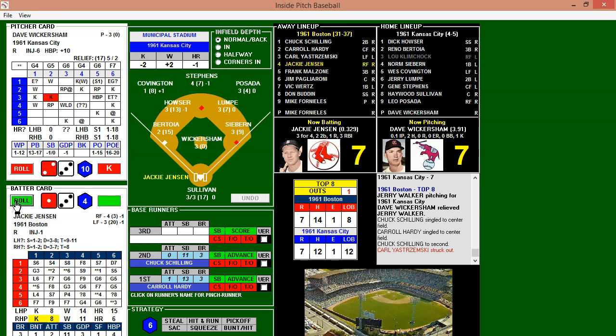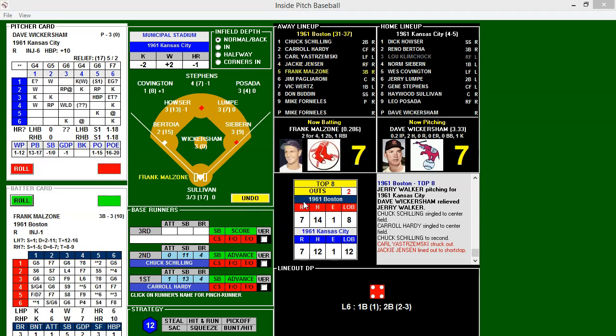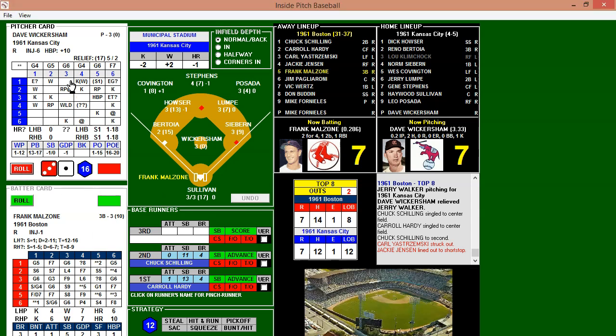And he takes a ball. Wickersham thought he had him there. 1-3, and that's going to be a line out to short as the runners dive back. So 2 down now. Up the Millzone, who's also 2 for 4, having a good day. Trying to keep the inning going here. And he grounds out to second. Lumpy flips it to Hauser, and that will do it.